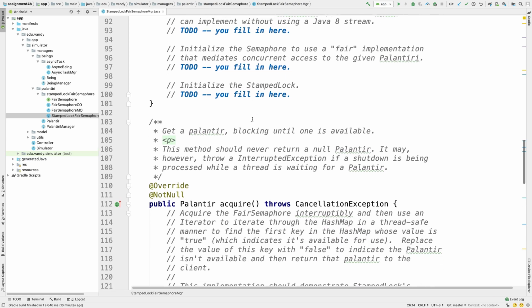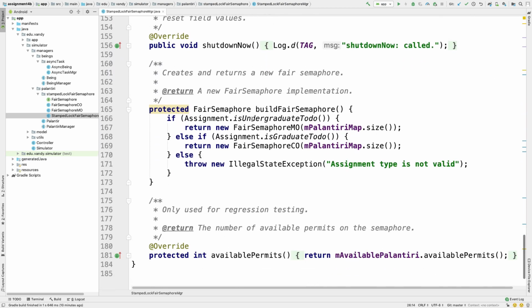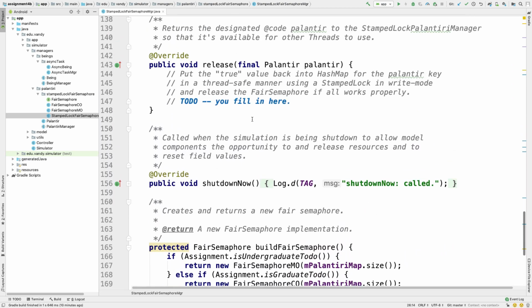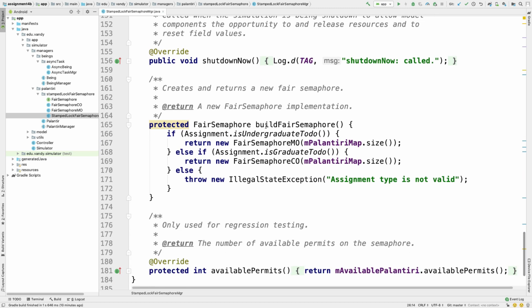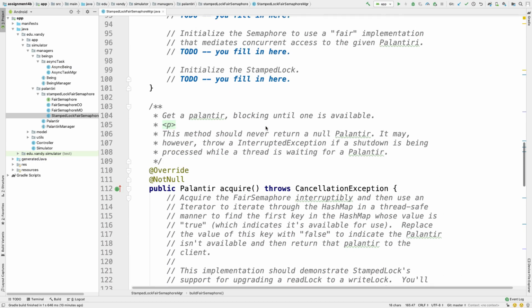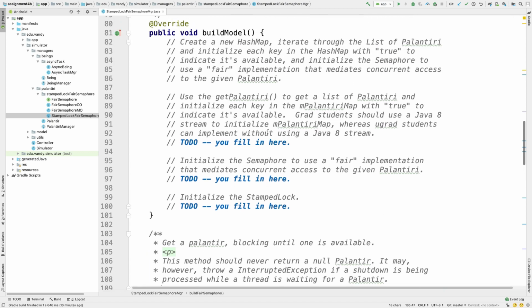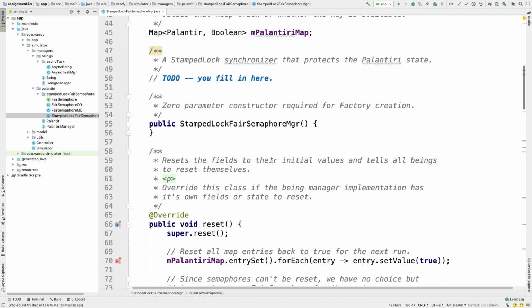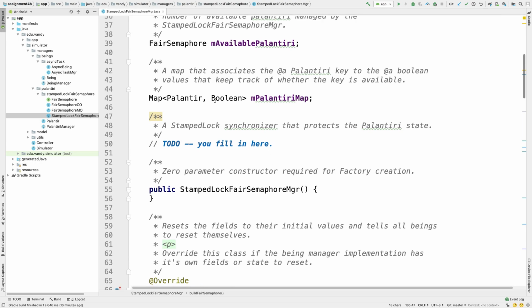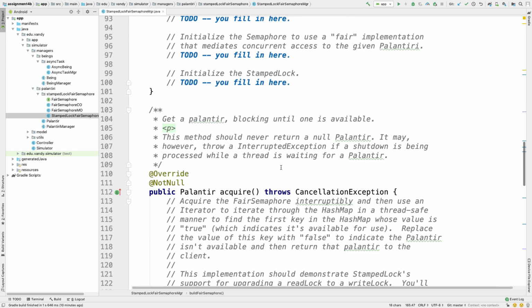And I think what you want to do down here to initialize this, there's a method called builds fair semaphore. So just go ahead and call that method. You don't have to do anything other than that. So there's no real tricky stuff here. You just have to go ahead and call that factory method in build model in order to initialize the semaphore, which is this, the fair semaphore. Okay,